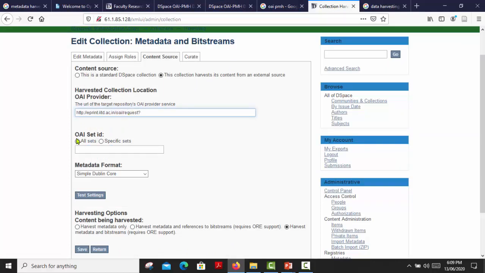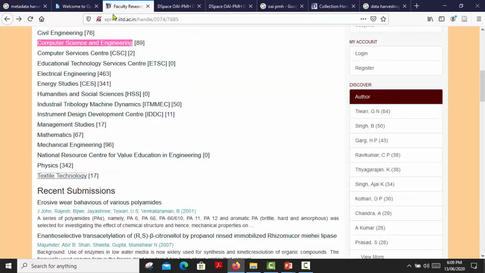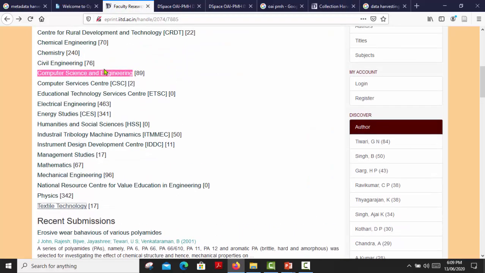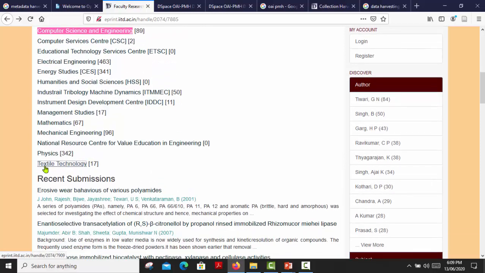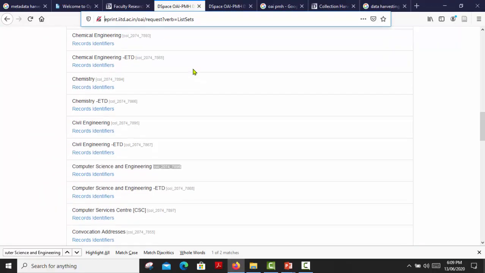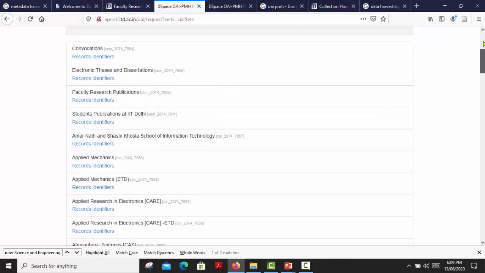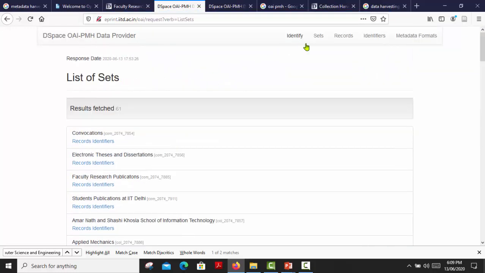Again, the second option is the OAI set ID, specific sets. I am clicking specific sets and now I am going to that IITD repository, where here is textile technology. I am copying this text and searching for its collection ID from this list of sets.